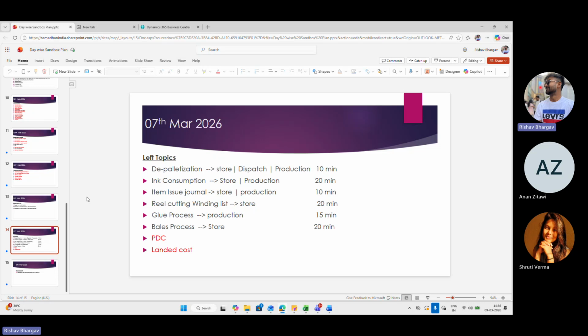That's what I'm telling. If you have palletized the wrong quantity, suppose you have palletized 1,000 quantity in one pallet, and later you want to change this to 500.